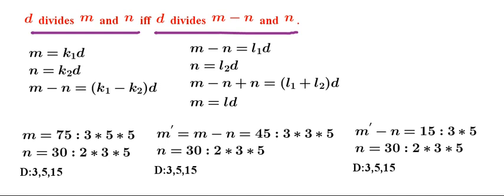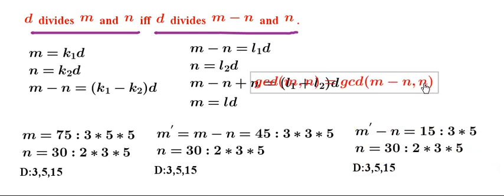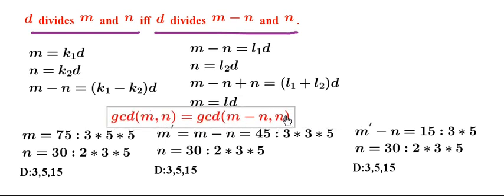Now the next question is, what is the use of this particular information? The idea is the result is true for divisors. The same result is also true for greatest common divisors, and hence we can say that GCD of m comma n is nothing but GCD of m minus n comma n. If you can observe here, the greatest common divisor 15 will remain as it is. So now we have derived this nice recurrence with respect to GCD, but what is the termination criteria?